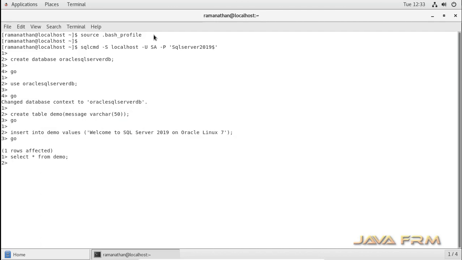Yes, I inserted, and I am able to select from the table. So SQL Server 2019 installation on Oracle Linux 7.7 is successful.